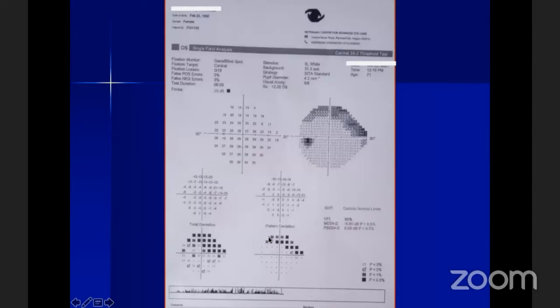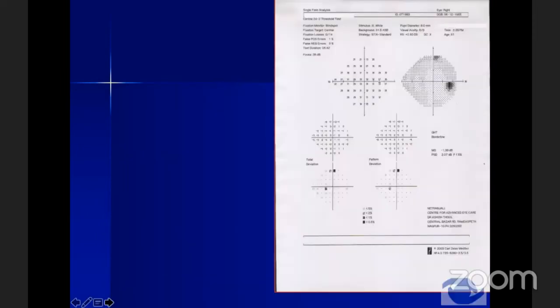So this defect looks like actually a typical superior arcuate glaucomatous field defect, but wherein this patient actually had ptosis, mild to moderate ptosis in this eye. This kind of defect, if it is bilateral and the patient has tilted discs, especially tilted disc like inferior conus on both sides, can mimic glaucomatous field defect as well. So we need to keep that in mind as well.